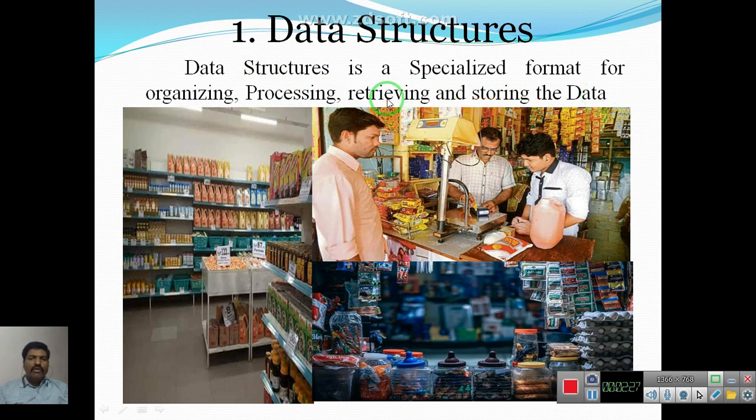Regarding retrieve, we read our required information from the memory. That is called retrieve. And storing means whatever information we store, we store it into the memory. Initially we search for the required data in the memory and retrieve it. Then we apply operations on the data. That means processing. If C equals A plus B,